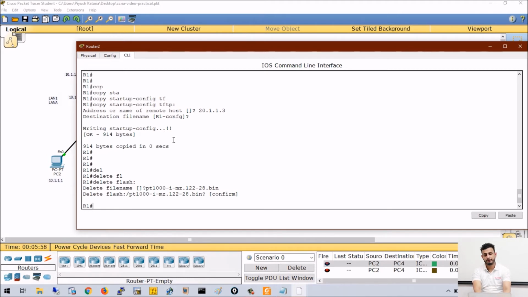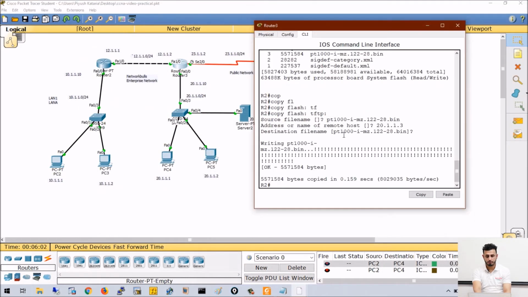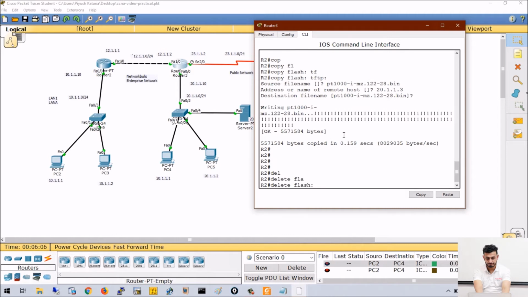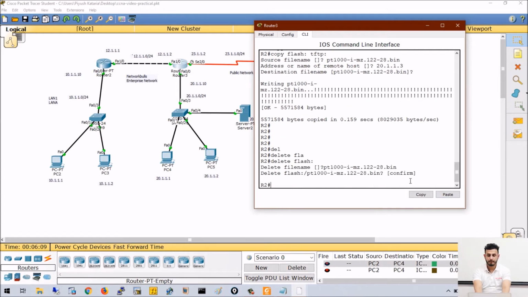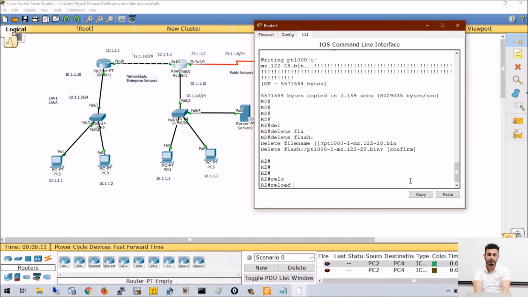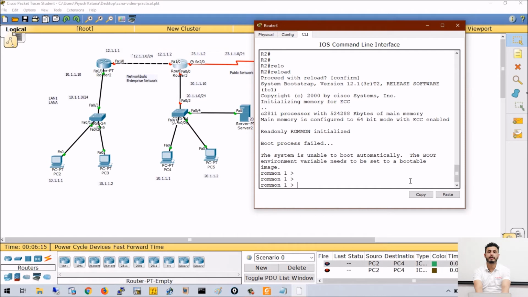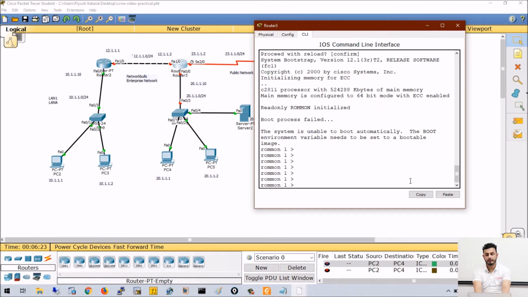Now, okay, let's do it on R2, I will not confuse you. Delete flash. So I've deleted the flash. If I reload the device now, the device will be loaded in ROMMON mode. ROMMON mode is used for the IOS backup recovery process.